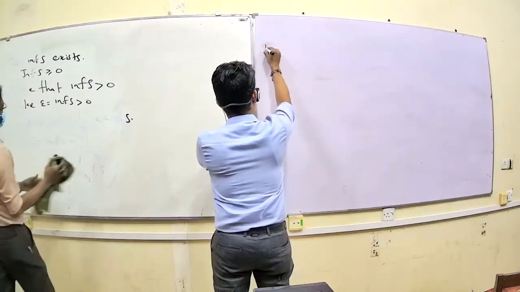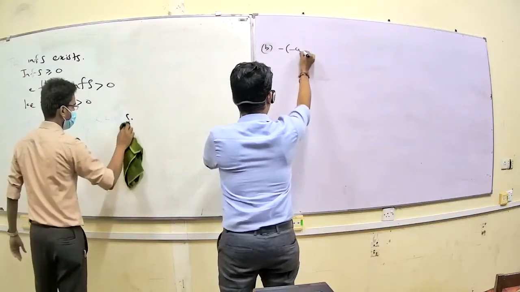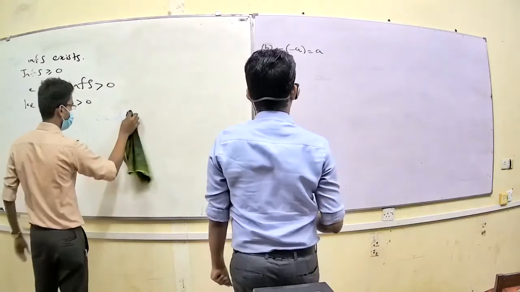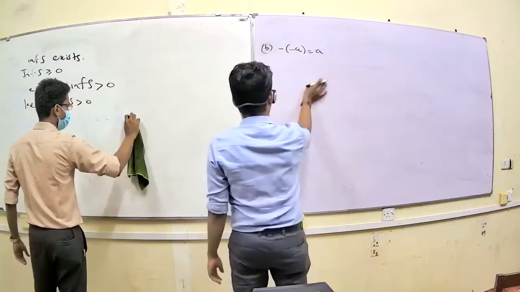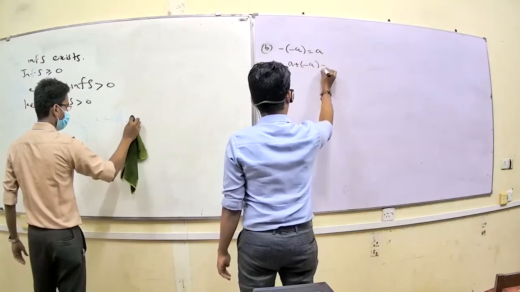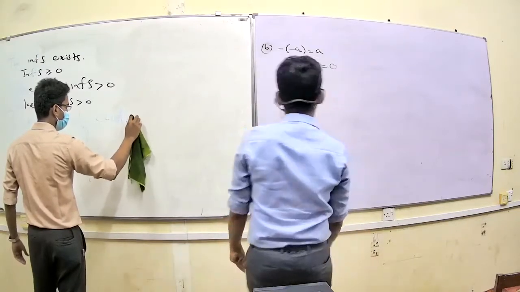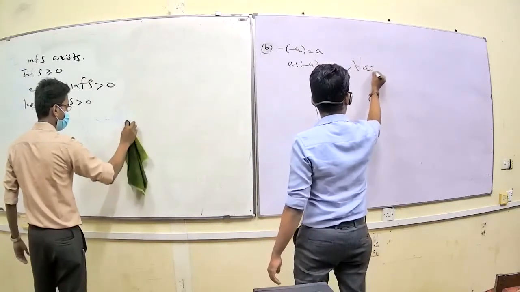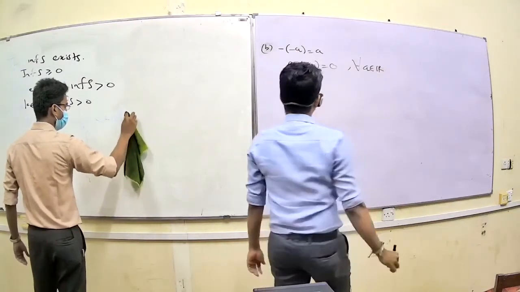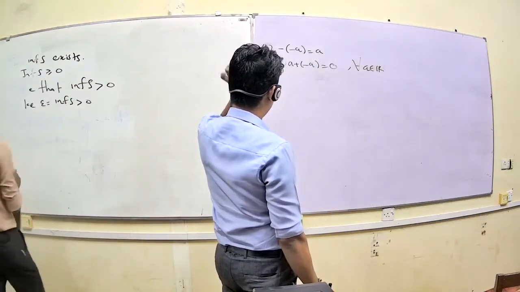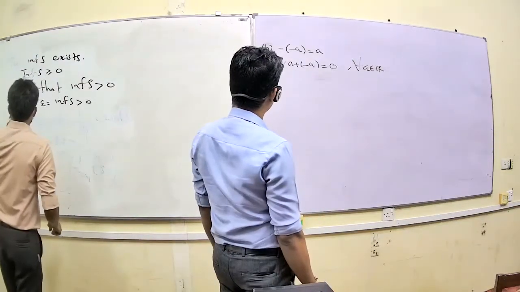B part. Minus into minus a equal to a. For this part, you have a plus minus a by the identity. You can mention a plus minus a is 0, right, for all a belonging to R. From this one, you can